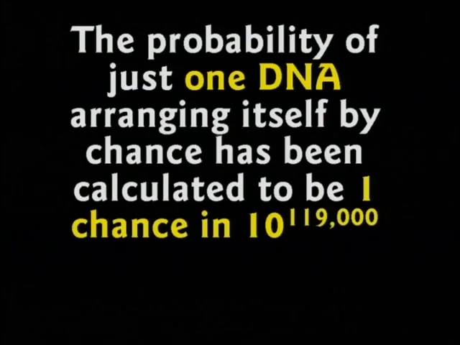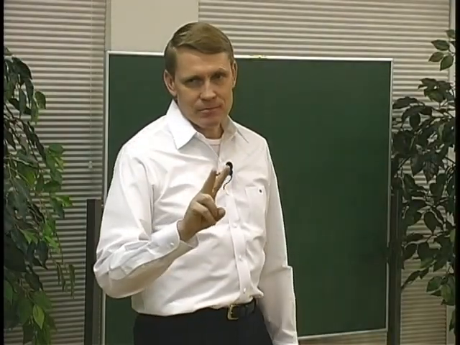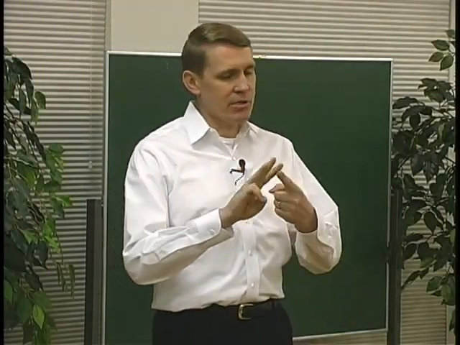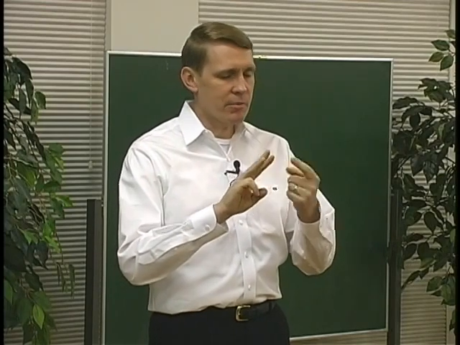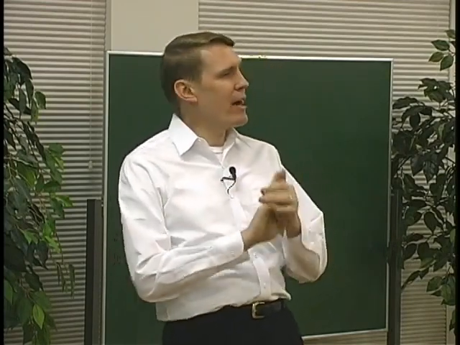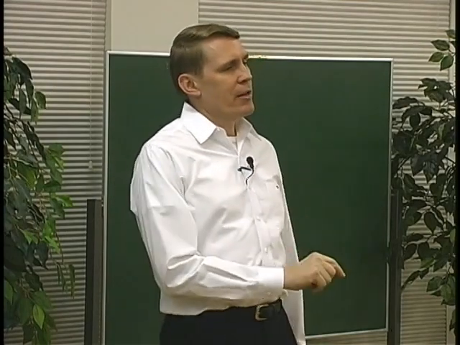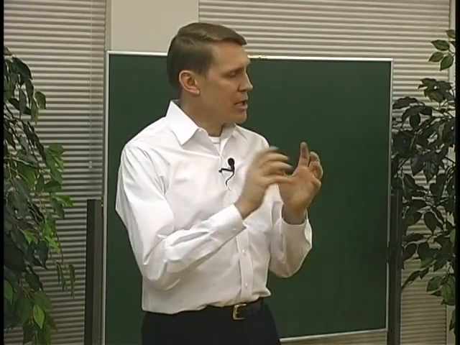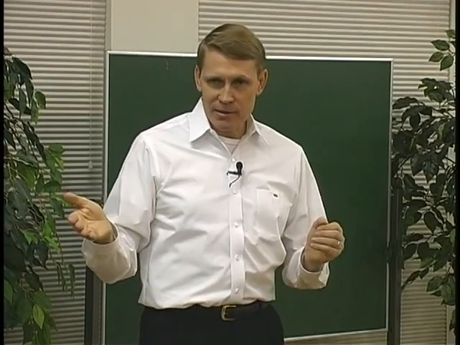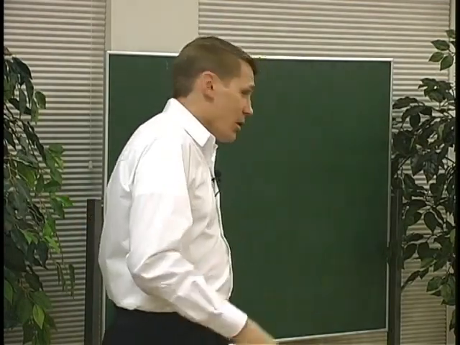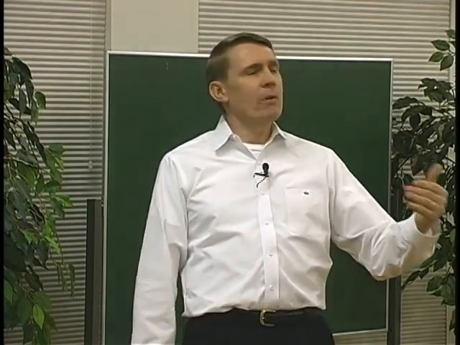Now, if you don't know the way powers work, 10 to the second power means 10 times itself 2 times. That's 100. 10 to the third power is 10 times itself, times itself. That would be 1,000. It would have 3 zeros. 10 to the 119,000th power is 10 with 119,000 zeros behind it. Those big numbers get lost easily in the human brain, so a good analogy to help folks understand how big